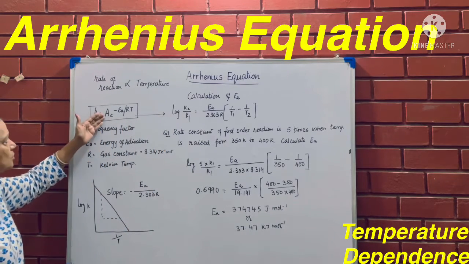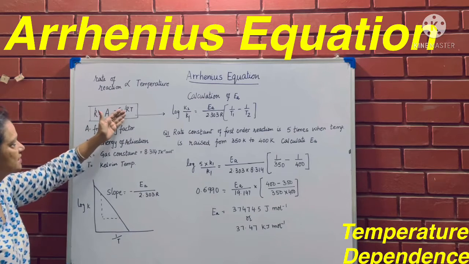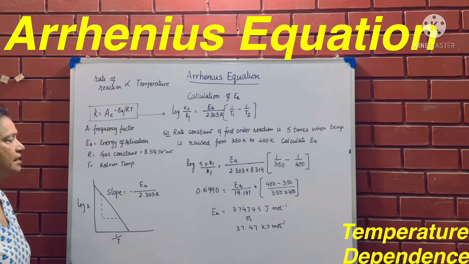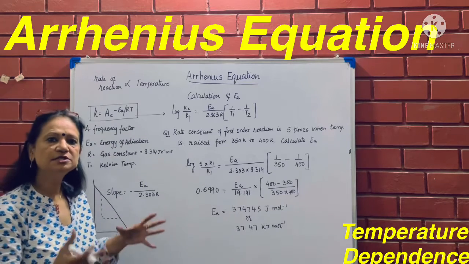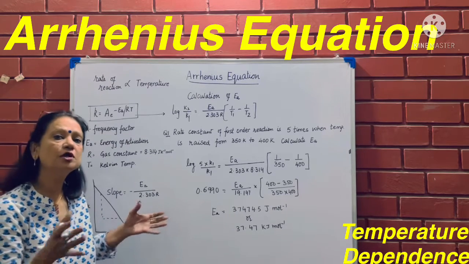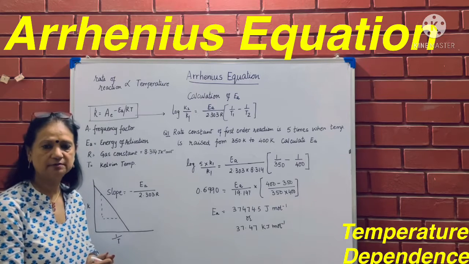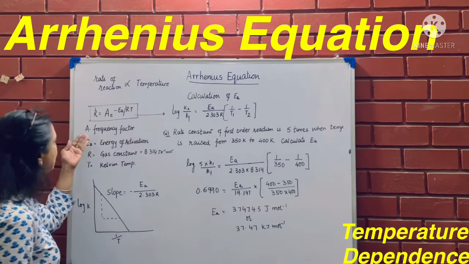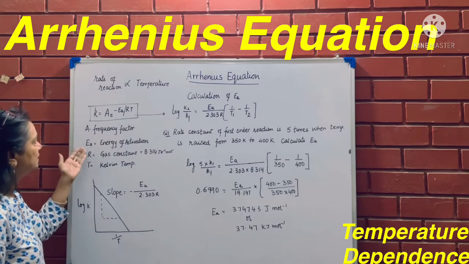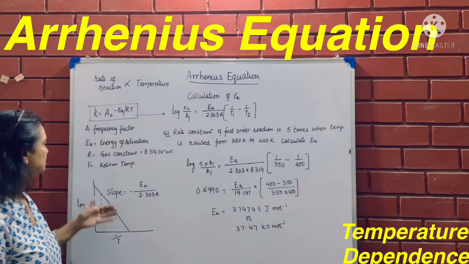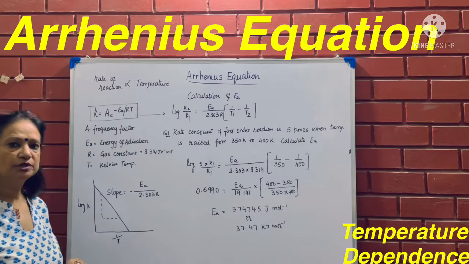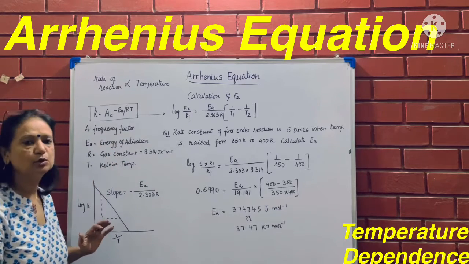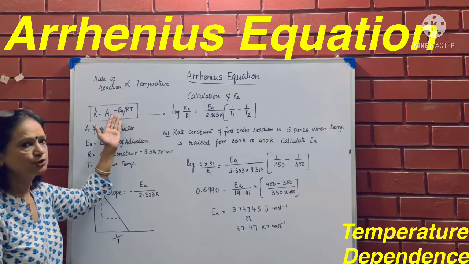So K is equal to A e to the power minus Ea divided by R into T. A is the frequency factor. Frequency factor means the collisions taking place: with what frequency are the collisions taking place between molecules? That is what A tells you. Then Ea is the energy of activation. R is the gas constant. Here we are taking the value 8.314